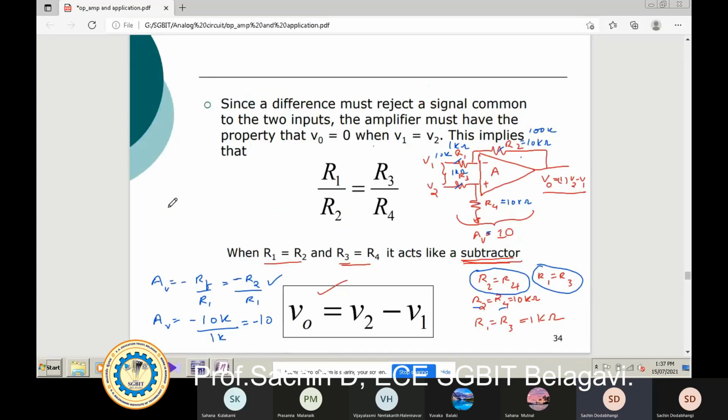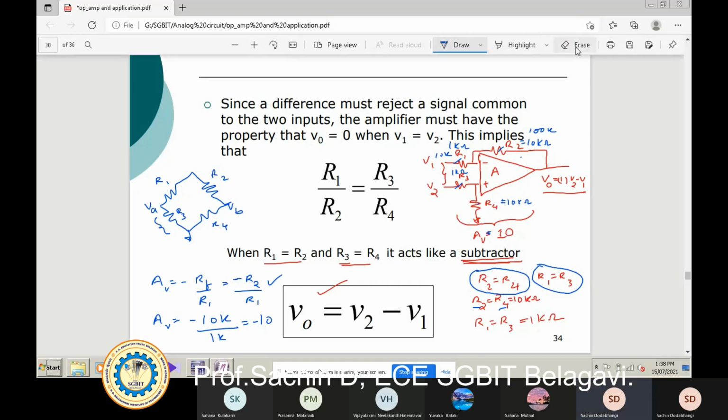Suppose I use a Wheatstone bridge or any bridge circuit. Suppose this is my bridge circuit, grounded here. This is my potential VA, this is my VB. VA means voltage across this resistor. I'll take R1, R2, R3 and R4, but these resistors are not equal to the amplifier ones, so I'll take different ones so you don't get confused. Let's take these as R5, R6, R7, R8. Now you know this is my bridge circuit.